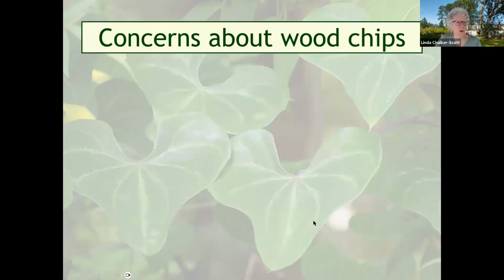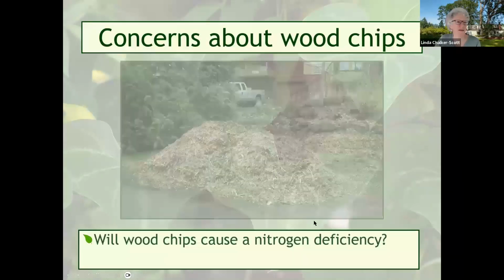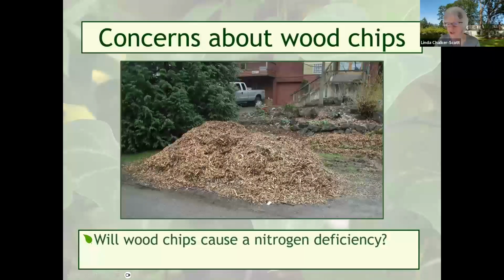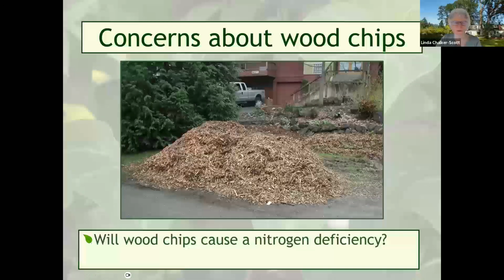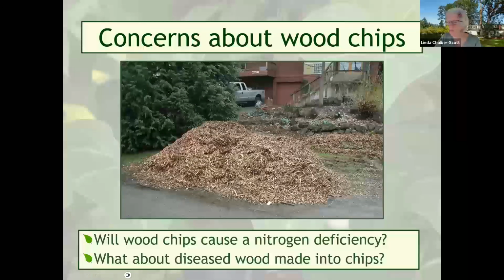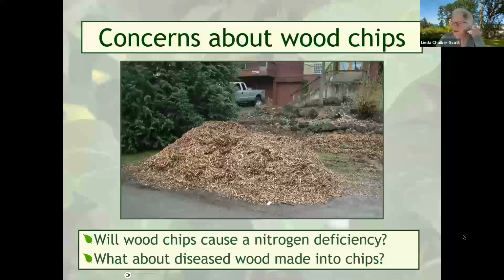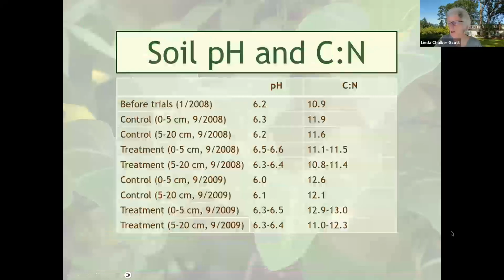Some people are worried about wood chips. They're concerned because, well, what about the nitrogen deficiency? Because this is a really high carbon, low nitrogen mulch. Is that going to cause problems for our plants? The second problem that they come up with is having diseased wood being made into chips. And so I just wanted to reinforce that with lots of research that we've done looking at both pH and carbon to nitrogen ratios, when we looked at,